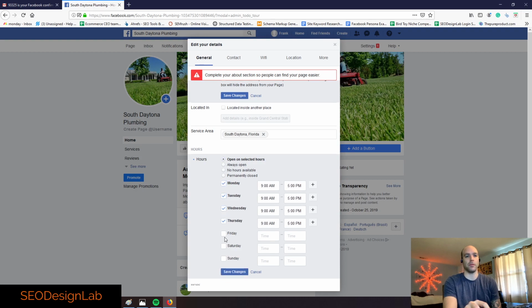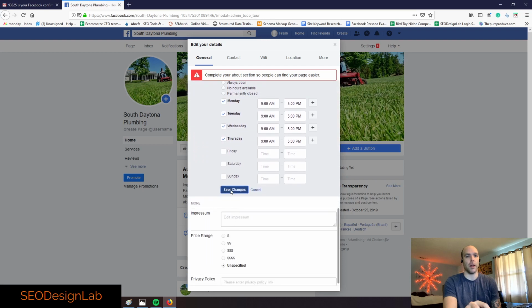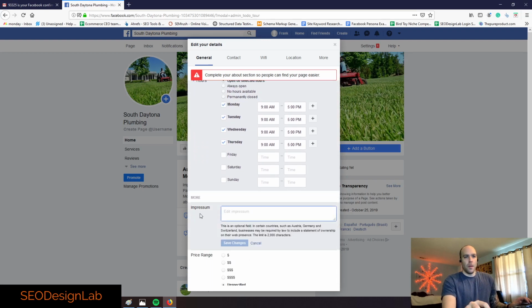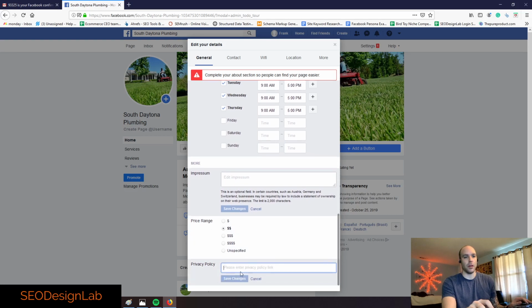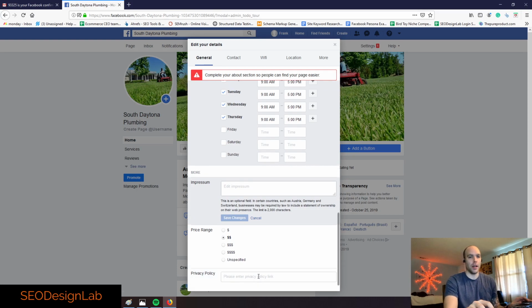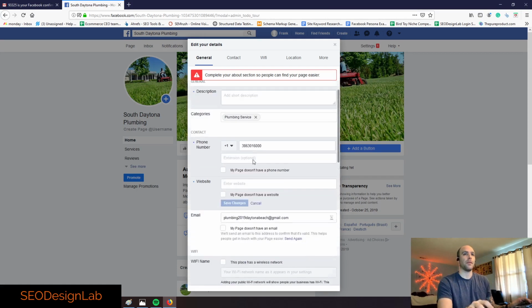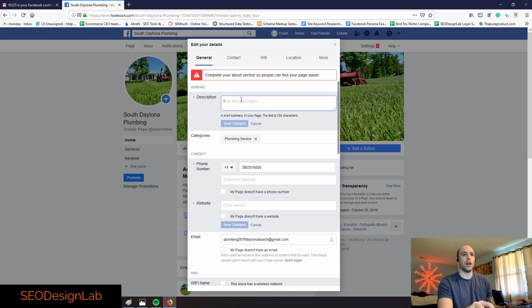Looks good to me. And we'll say we're closed these 3 days, right? This is basically another description field that you could type out. The more information, the better for user experience. It's up to you. I don't know what this is all about really. If you got a privacy policy, you can link out to it like on your website or something like that. You could fill out